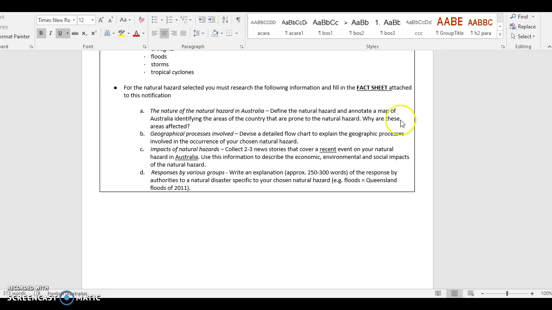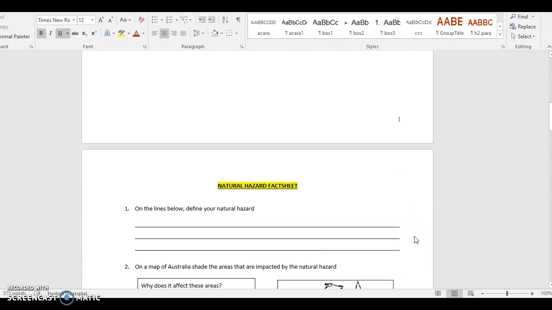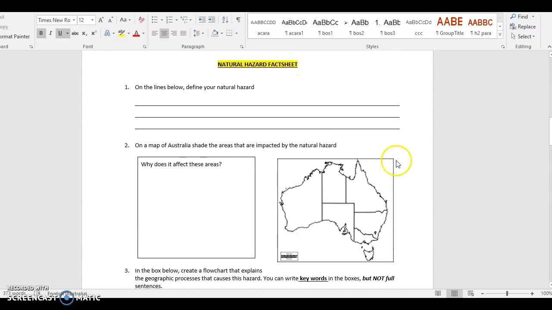So a couple of things. The word prone means that the hazard often or is likely to occur in that particular area. So what I'll then do is I'll go to my fact sheet down here. I'll define the natural hazard. So if I'm doing bushfires, I'll look up a definition of what a bushfire is and I'll put it into my own words. For number 2, I will then shade on my map of Australia or maybe highlight where bushfires